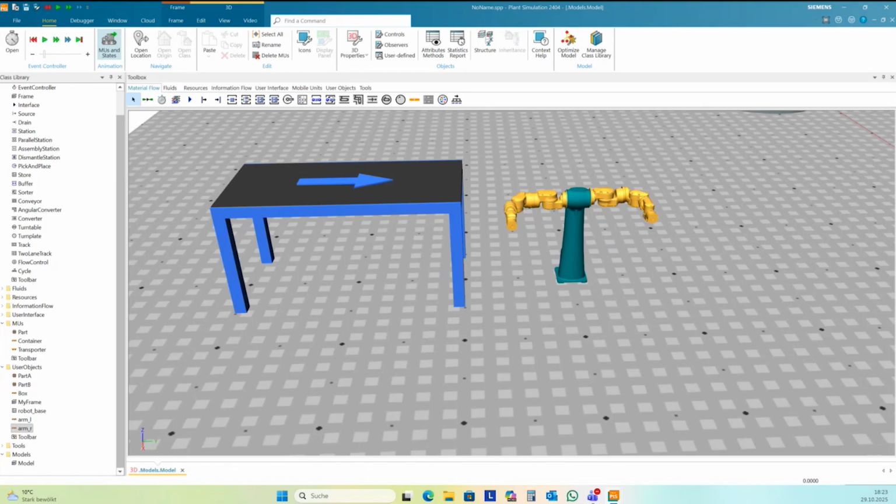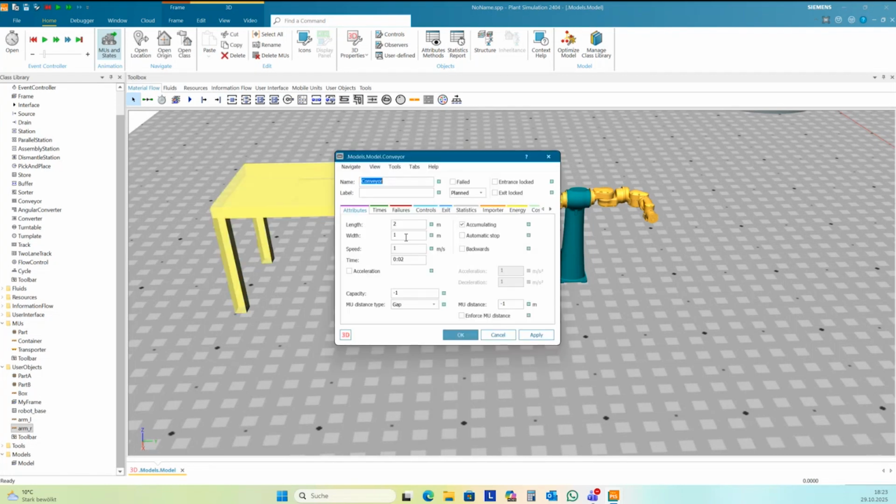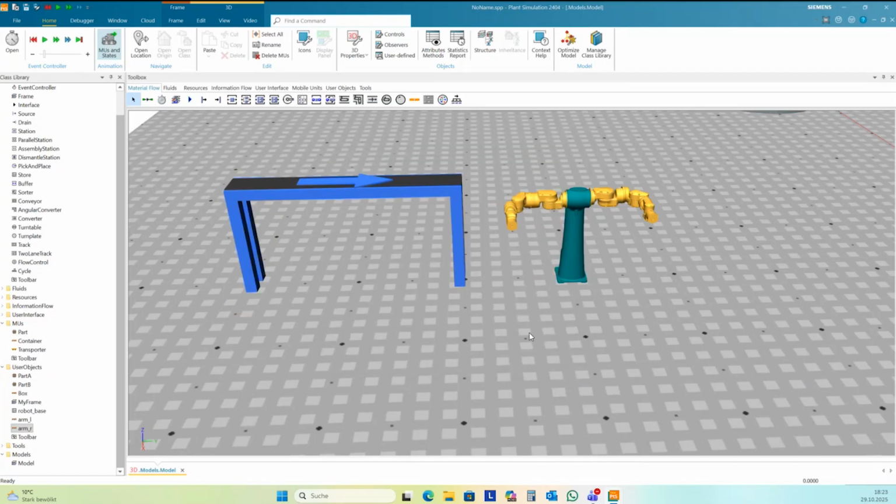So I need to change the height here. And the base height should be 0.5 meters.